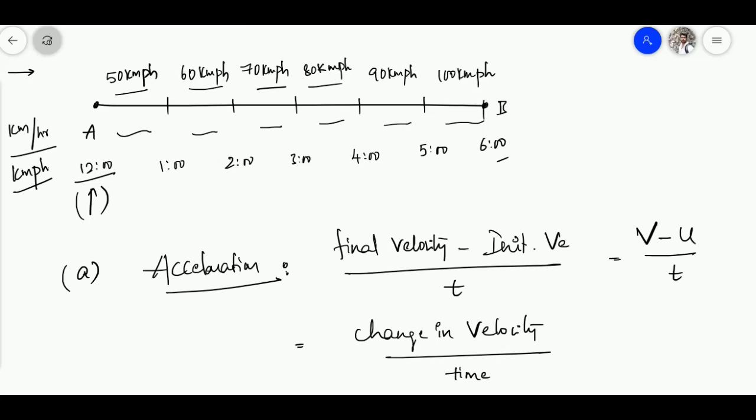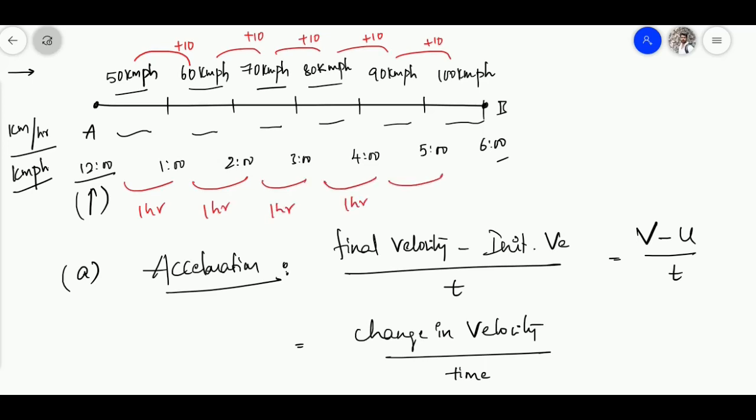Now let's calculate the change in the velocities. From 50 to 60, what is the change? 10, right? And again plus 10, plus 10, plus 10. You have been increasing the velocity, plus 10, for every 1 hour. For every 1 hour, you are increasing your velocity by 10 kmph. What is the change in velocity? 10 kmph. You shouldn't say 10 kilometers or simply 10. No. You are increasing your velocity. The change in velocity time to time is 10 km per hour